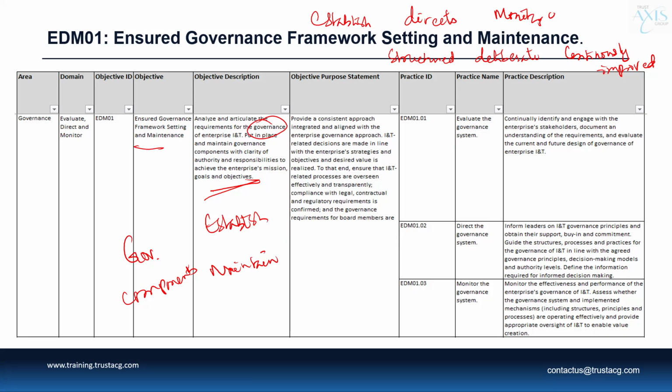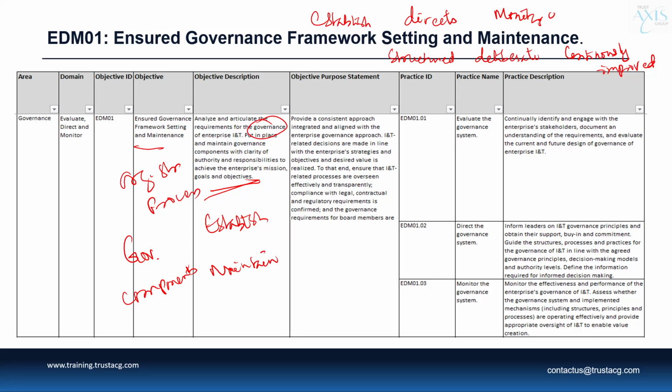Like, say, for an example, you need to define the activities that need to be in place. You need to define the organizational structure. You will need to define the processes. You will have to define certain cultural elements. You have to define, or at least hire, the people with the required skills, and all those components that are there in the governance